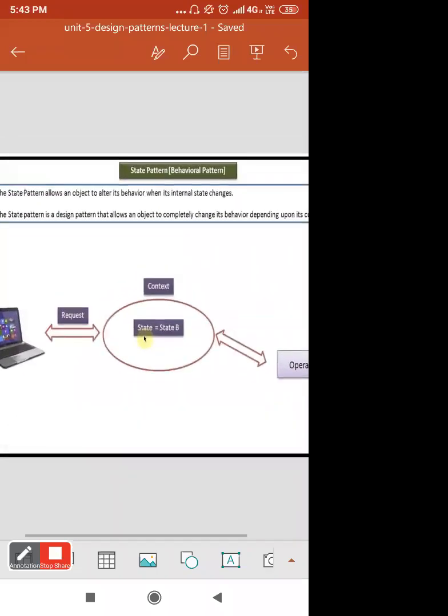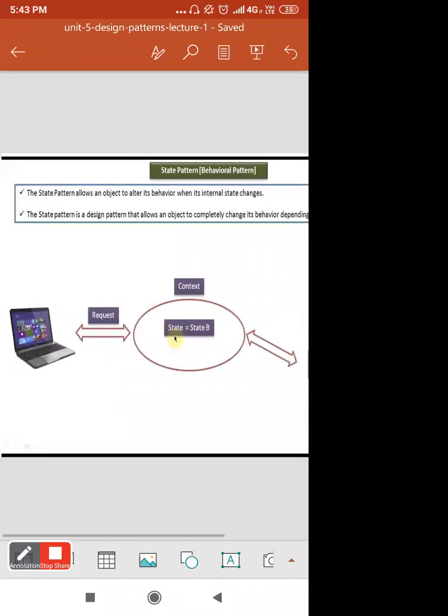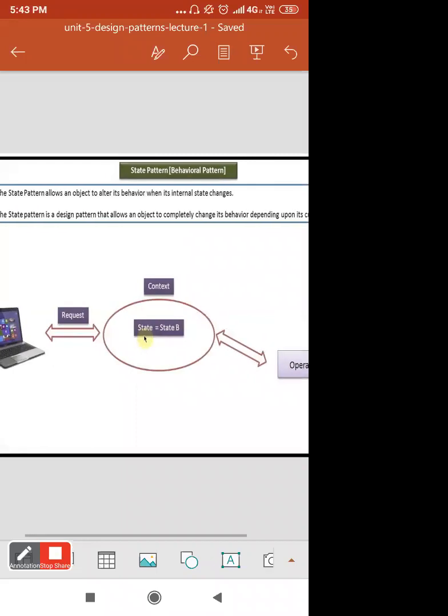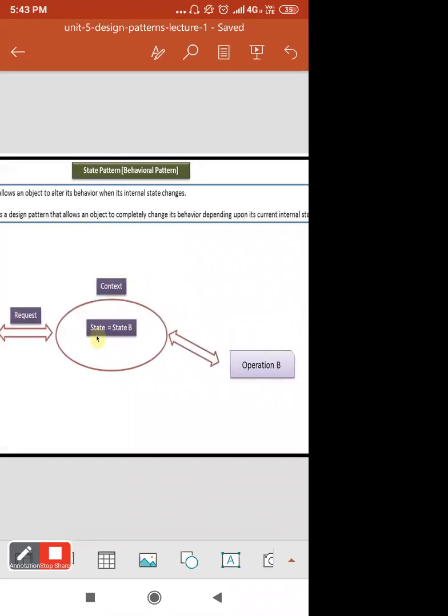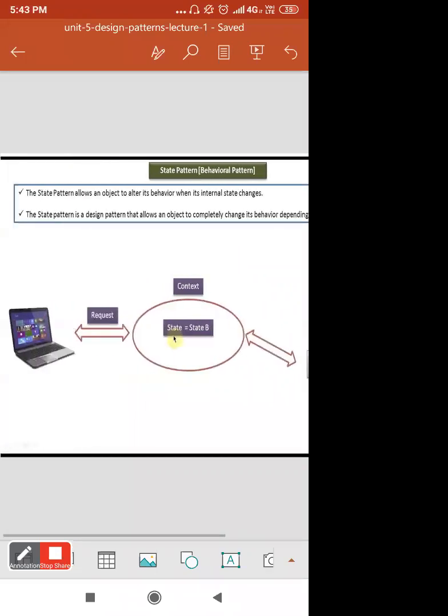Here the description is given and the diagram is also given, showing how the request will be handled, and according to the context the operations will change, and so the state will also change. So the state pattern allows an object to alter its behavior when its internal state changes.